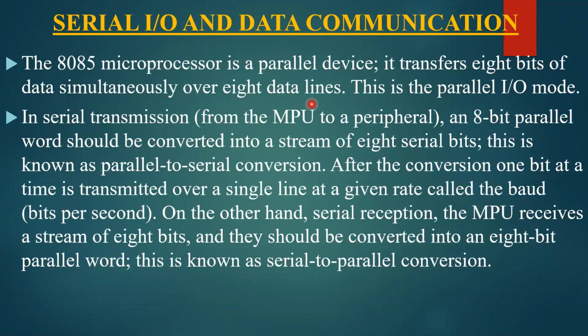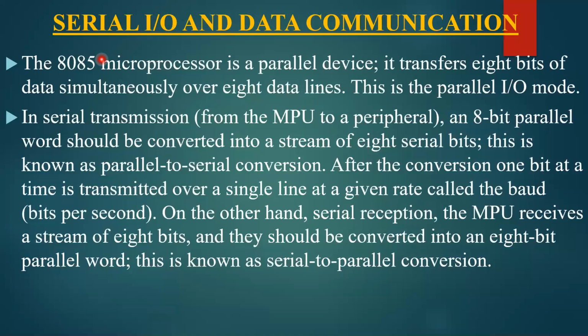So when the microprocessor is in parallel I/O mode, why are we focusing on serial data? It is because in many situations, parallel I/O mode is either impractical or impossible. For example, parallel transmission of data over a long distance would be expensive. Or if we are using terminals like a cathode ray tube or a cassette tape, such devices are not designed for parallel transmission. So here the parallel transmission fails.